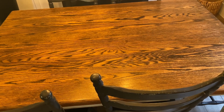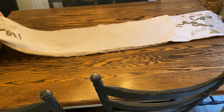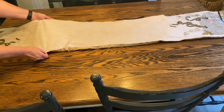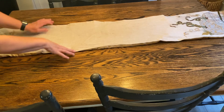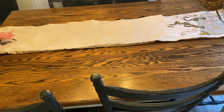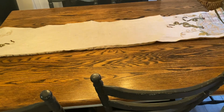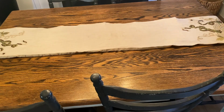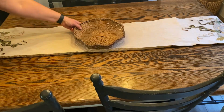Now for the dining table. Since we use this table every night for dinner, I like to keep it practical and not overcrowded. I started with a pumpkin runner I picked up at HomeSense a few years ago. This runner could probably use a good dose of ironing. On top, I layered a scalloped wood tray I thrifted,